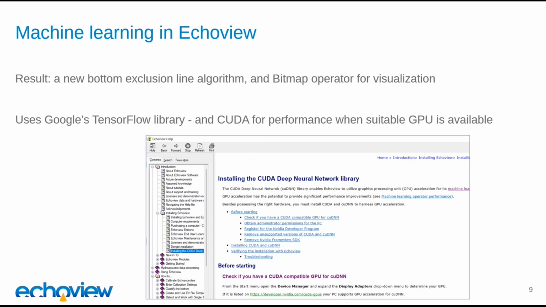The capabilities use Google's TensorFlow library and CUDA performance when a suitable GPU is available. If you're experimenting with these capabilities, be sure to have a look at this help file page that I've got the image of on screen, as this includes some instructions that will make calculations much faster. The machine learning algorithm does take a little while to calculate where the line should be from your data, but the overall goal is that although it takes longer to calculate the line than some of the traditional algorithms do, you'll hopefully require less manual editing and fixing of the line detections so that the overall time that you're using is a lot less this new way than it was the old way.